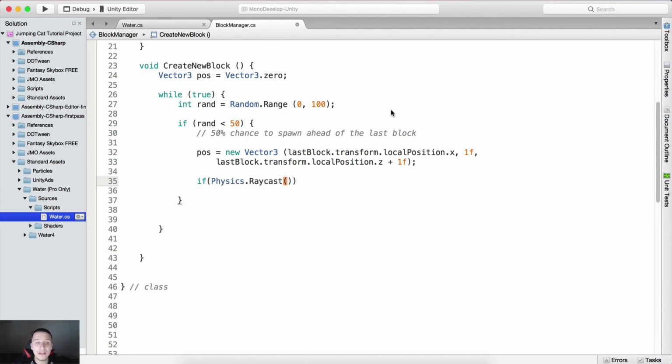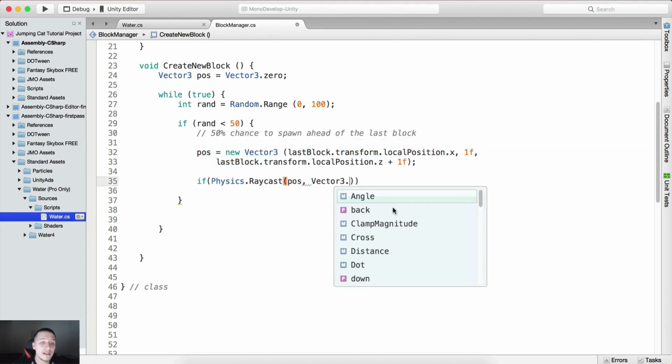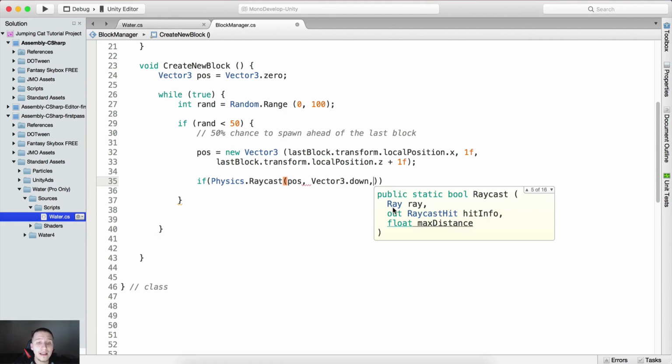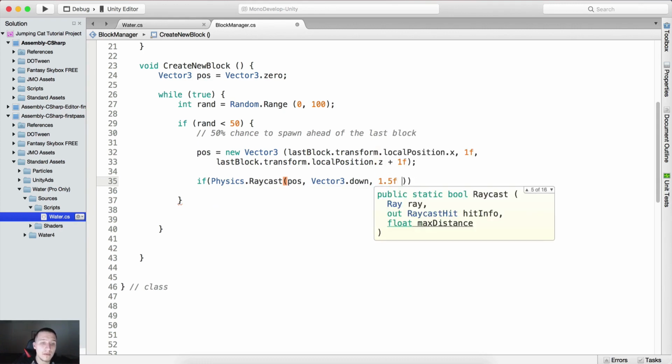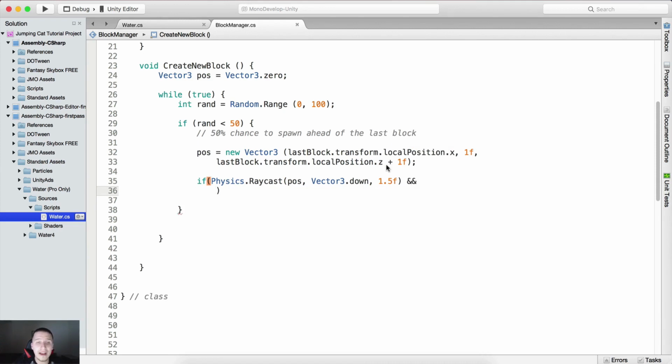So we are gonna raycast it from the position, which is this one right here. And we're gonna cast it in the direction, which is Vector3.down. And the length or the distance of the raycast is gonna be 1.5f. And here we're gonna test also, so going here, we're gonna test if the